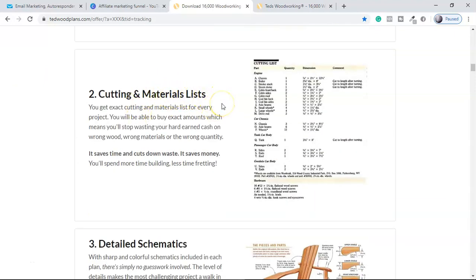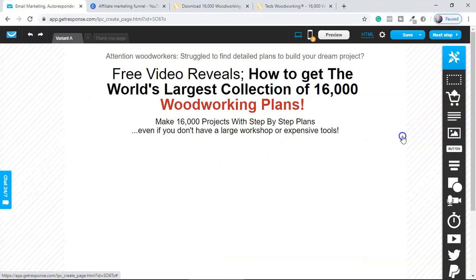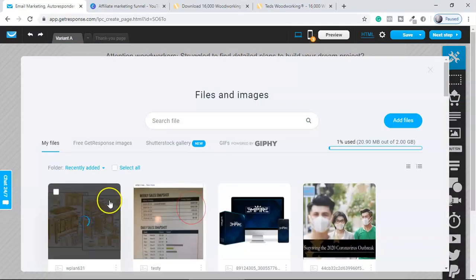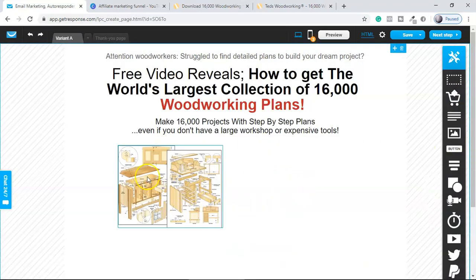Okay, so you should not show everything over there on the landing page, guys, otherwise they are not going to click to watch the video. Here you can drag some image, right? So I have this for use. So here you can see this, guys. This we can give in this size. You can increase the size and all those things which you can do.